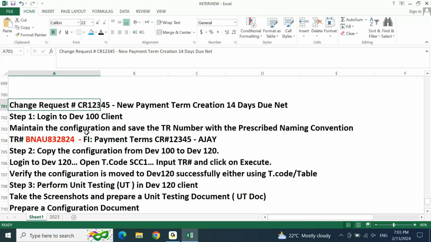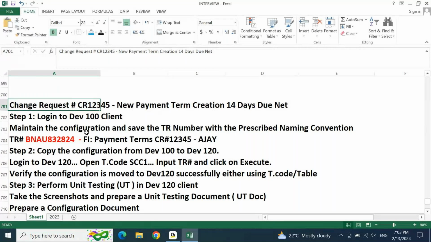If anything is missing, if any approval is not there, they will ask for the justification why this request is moved to production without the documentation. If there is any exception approval, what is the exception approval? What is that emergency where you had to move it without the documentation? That is the reason this becomes very sensitive for any organization, in any project, for any consultant to maintain this